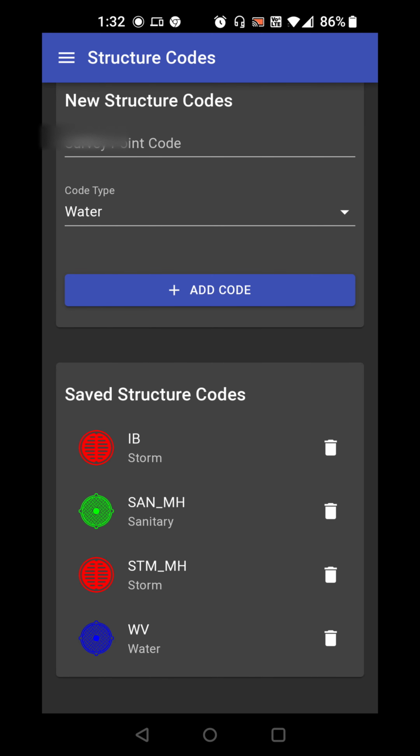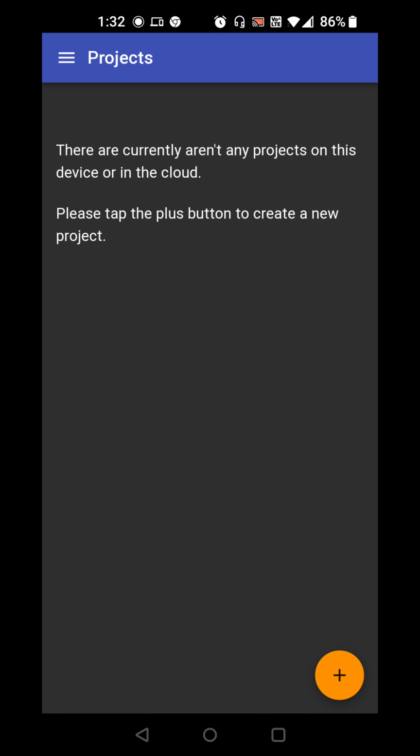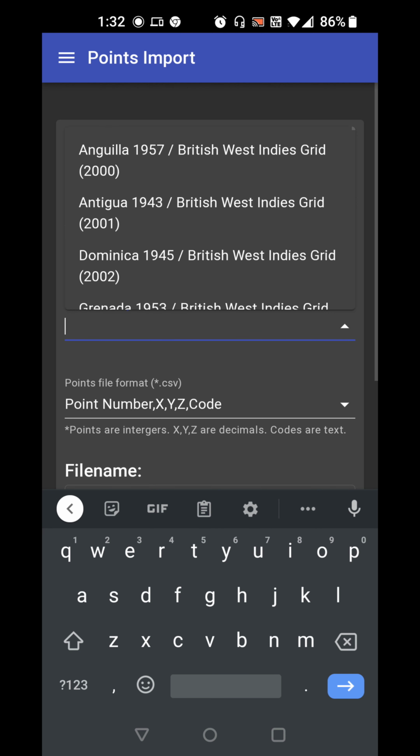So click on the menu button again in the top left-hand corner and click Projects. There are currently no saved projects. Click the plus button to create a new project. I can input a scale factor if I need to scale it from ground back to grid. I also have to choose my